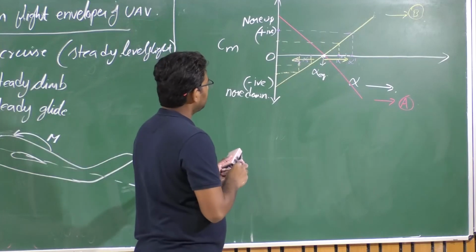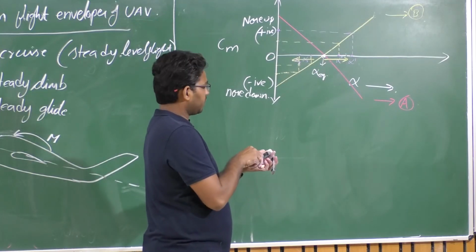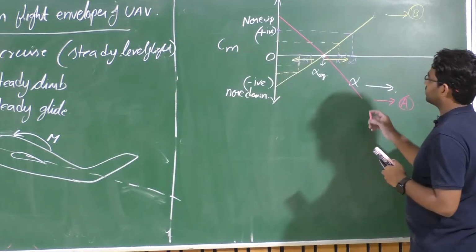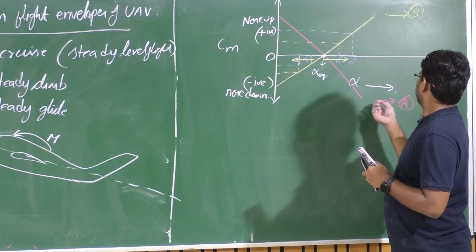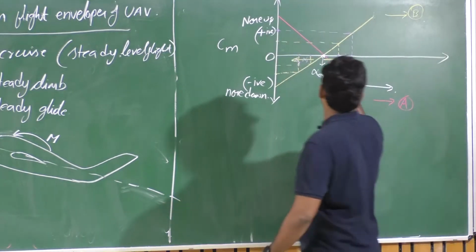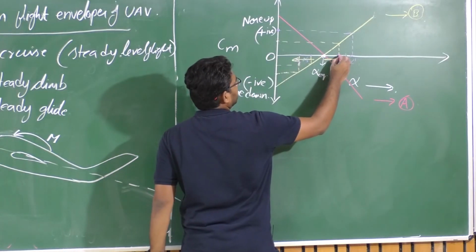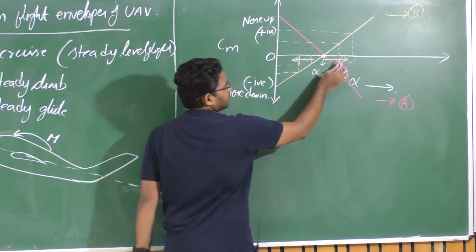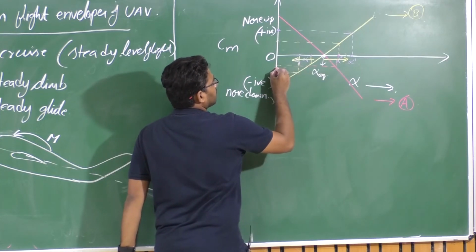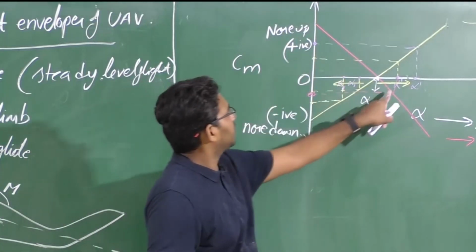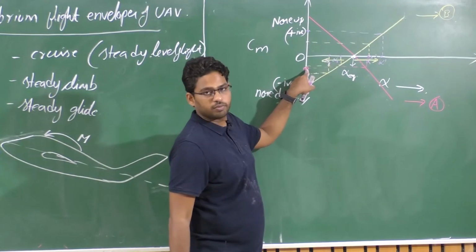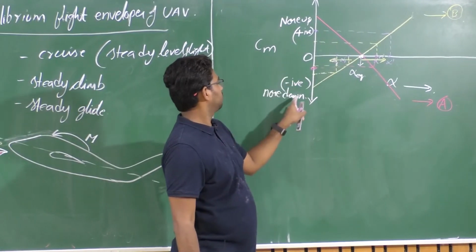Right? On the other hand, when you talk about the aircraft with this red graph, if the variation of pitching moment follows curve A, the UAV or aircraft which follows this curve A, when there is an increase in angle of attack because of the external disturbance, this will produce a negative moment, right? So the aircraft with curve A will try to produce a negative pitching moment, which is a pitch down moment.